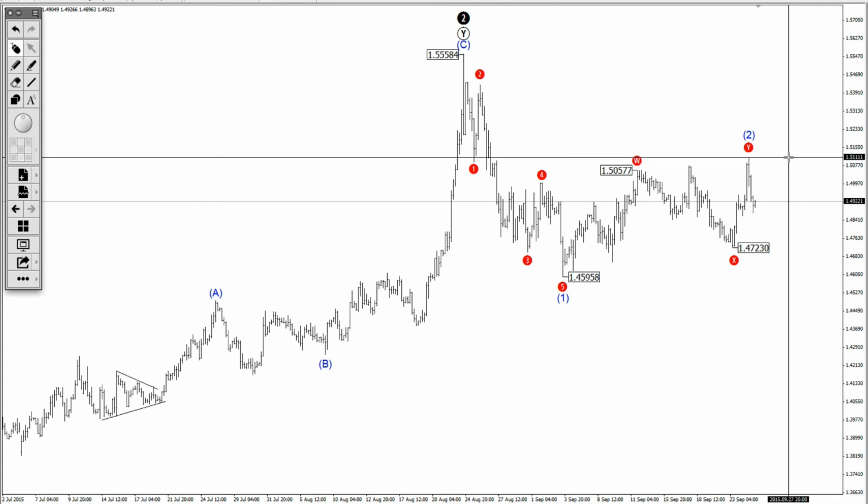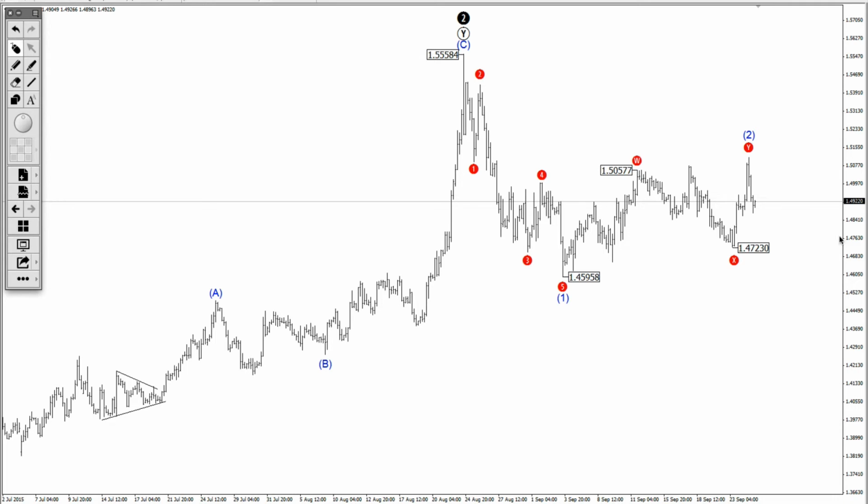So if we take 960 pips from the high at 151, it gives us 141 levels approximately. So quite a powerful move is expected